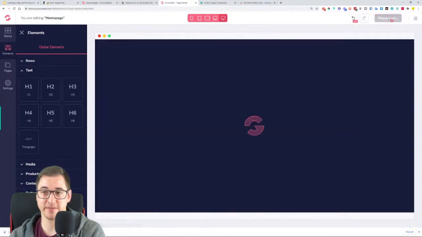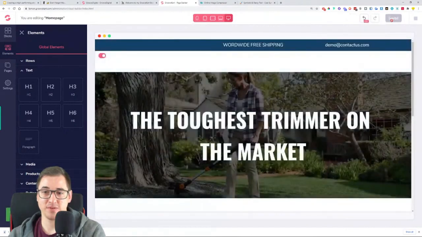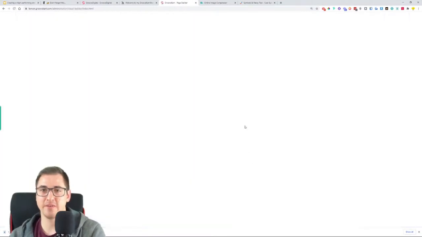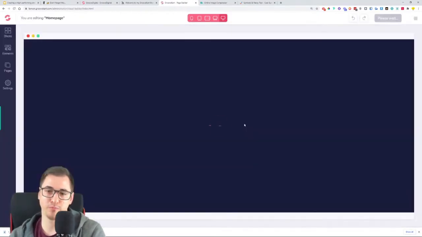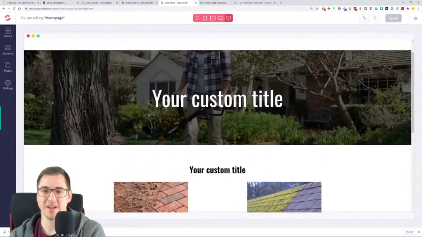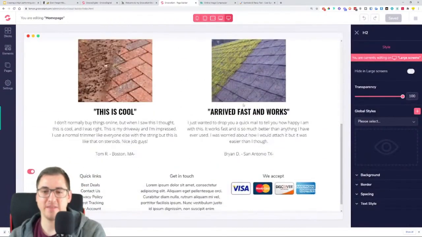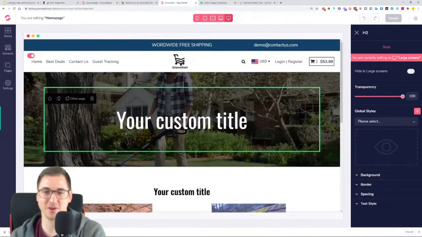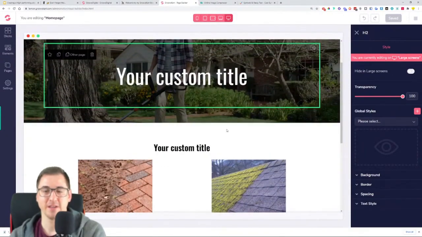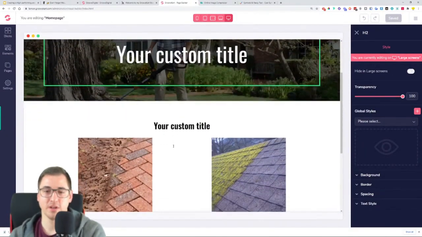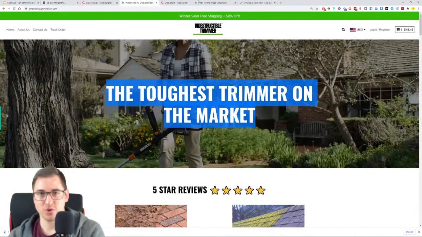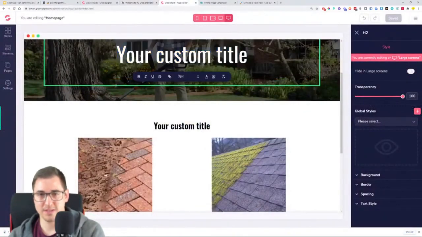Make sure you save. And then once you save, you also want to sometimes reload the actual builder just to see if the save took place, because as you see now, we saved. Some of the things stayed, but some of the things didn't stay, so your custom title was reverted back. So this is a bug that we're still working on, so don't worry about it. You can just easily go and copy it in. Once you did that,